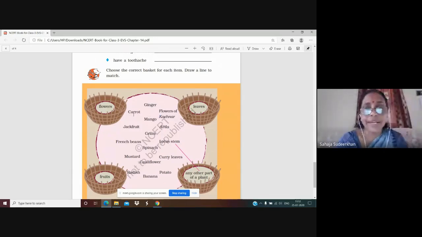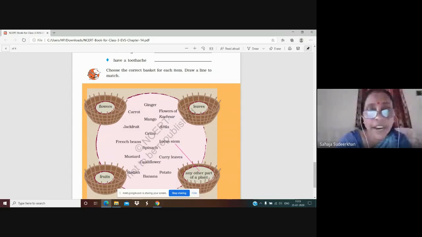Now, carrot. Carrot is a root vegetable. So, we have to draw a line towards any other part. Now, flowers of Kajnar flower. It is used as a vegetable. Flower of Kajnar. Have you seen Kajnar flower? Pink colored flower is there. Okay, children.